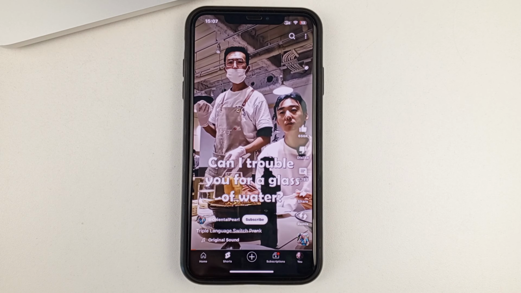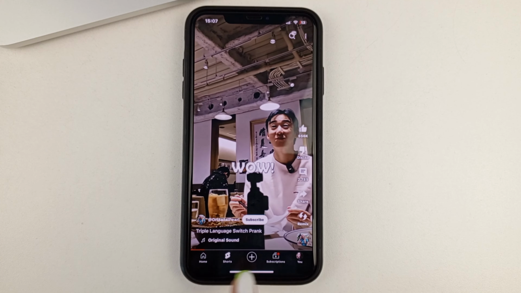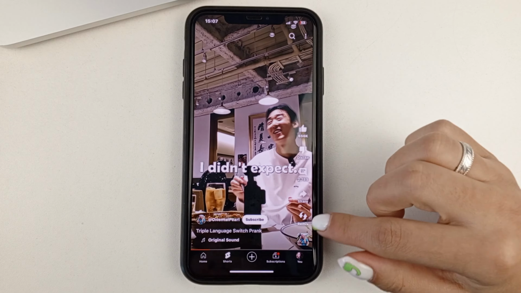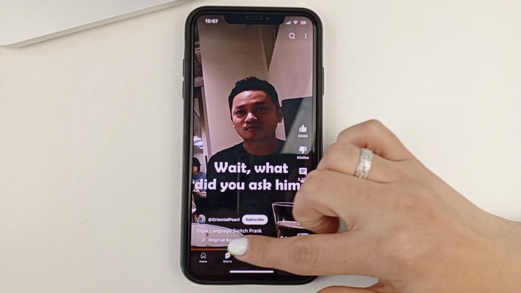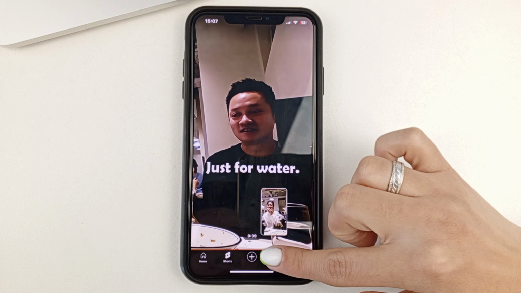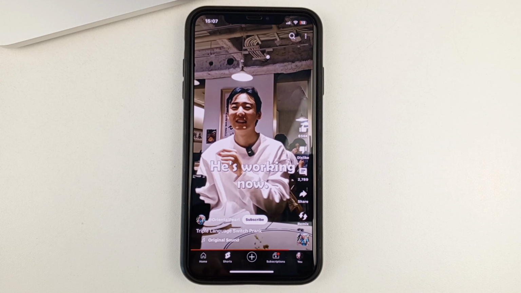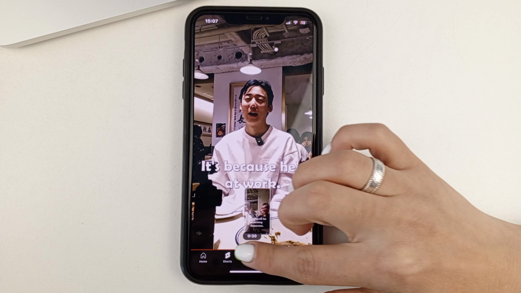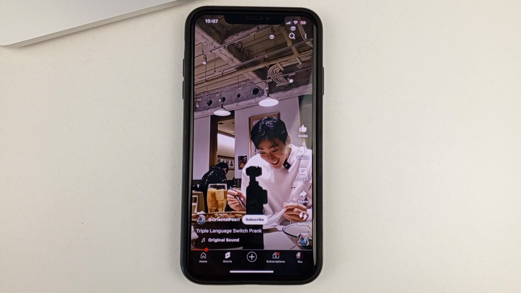If you find one where you see a slider like that down here, a line like that in red, this indicates the time with which the clip is running. If we click on the clip, we can fast forward to the desired part of the clip like this, or go back to watch something else specifically.